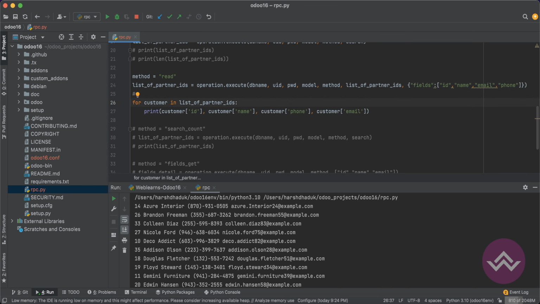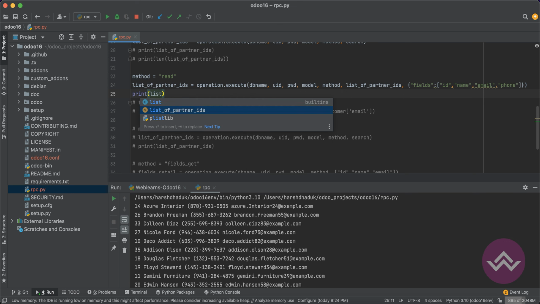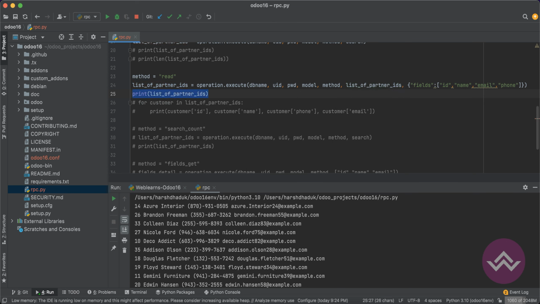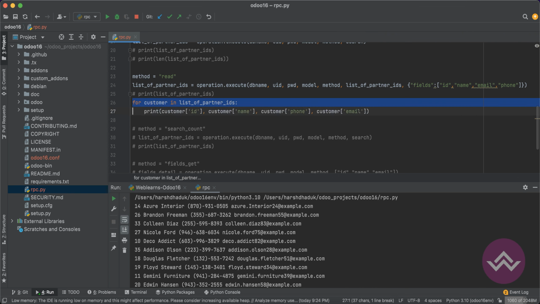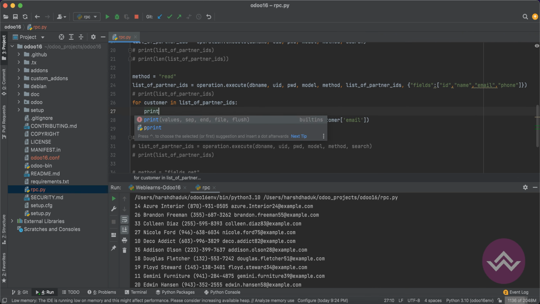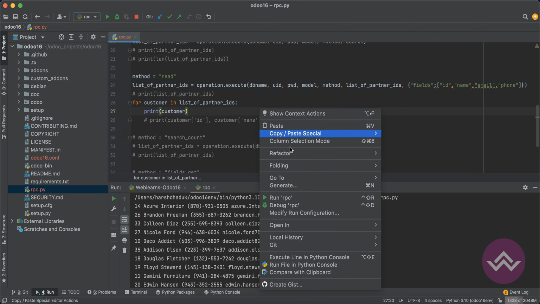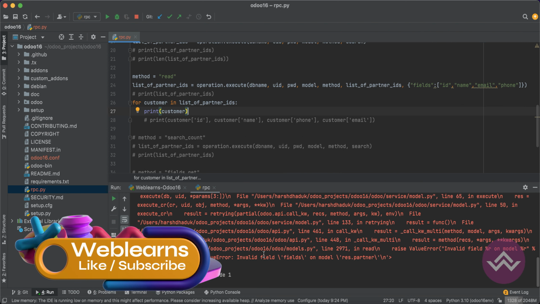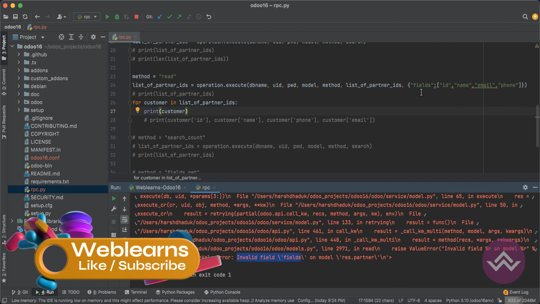And now you can see here, let me comment this part and list of, sorry, let me add this one and customer only. All right, let me comment this part, and now you can see invalid fields. All right,